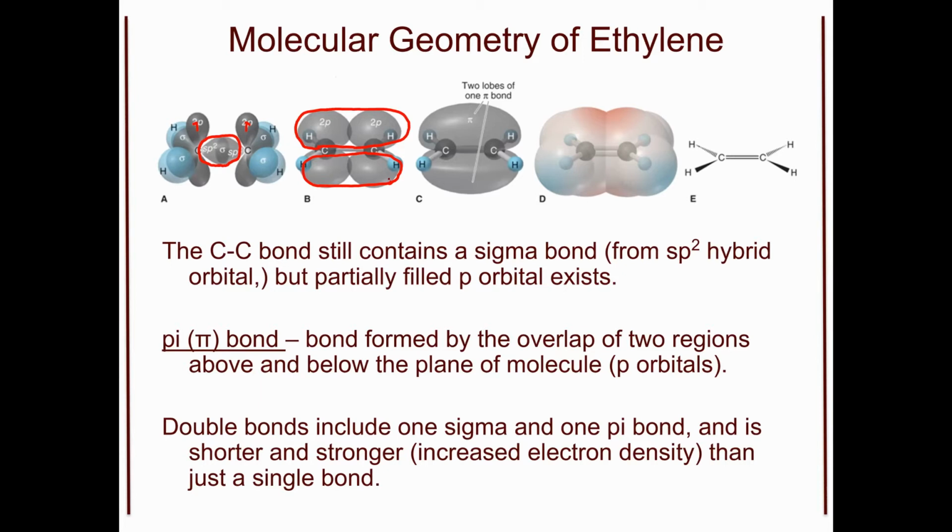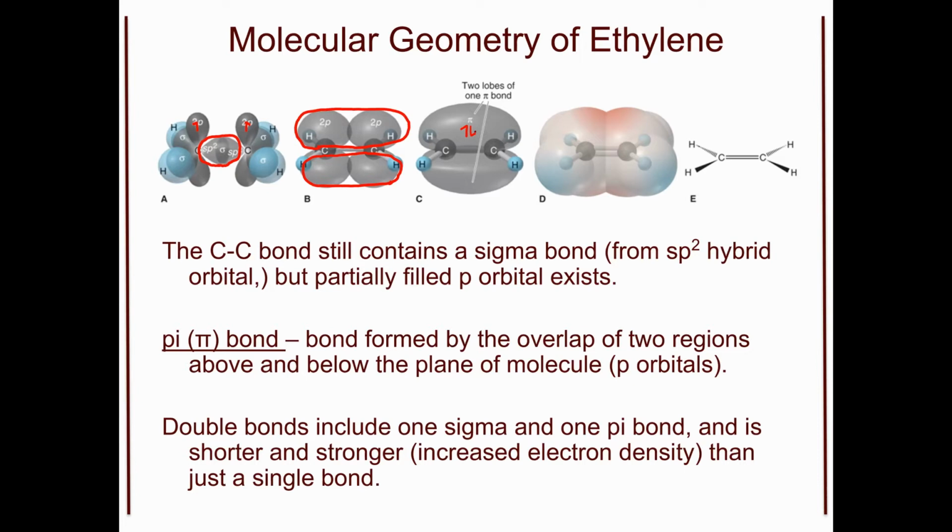So for a pi bond, we are going to have those electrons now populated above and below the plane, and this is going to give us increased stability in our molecule. Double bonds include one sigma bond. We see that in our figure A, and that bond is located directly between the two atoms. And it does include one pi bond. So this is how we get the shorter and stronger bond than we saw than just a single bond,